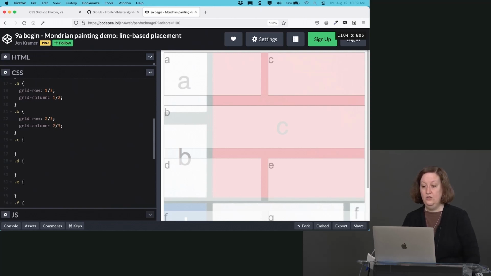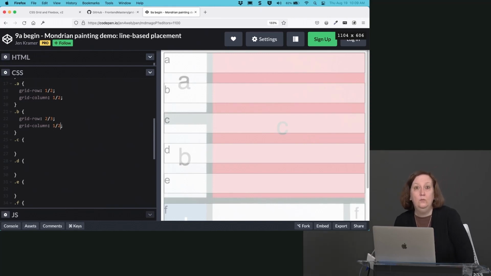Okay. So if we said 2/3, okay, so A is now here in the upper left, but B is down here in the lower right. Remember this is 2 to 3. We actually want B to show up over here, starting at line number 1, going to line number 2. So let's change that to 1/2. All right, so we are back now to what grid thinks is a single column, and that's okay. Because when we put in letter C, grid will know that we actually have more than one column working here. We have A and B in the same column, but they are in different rows. All right, so here for letter C then,